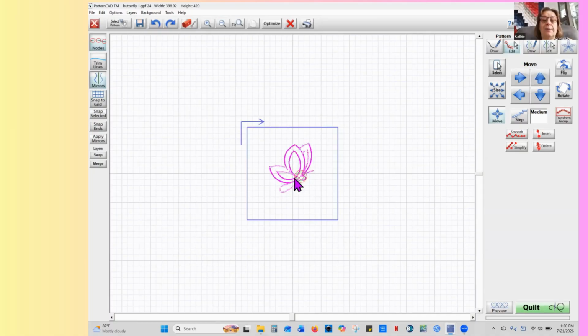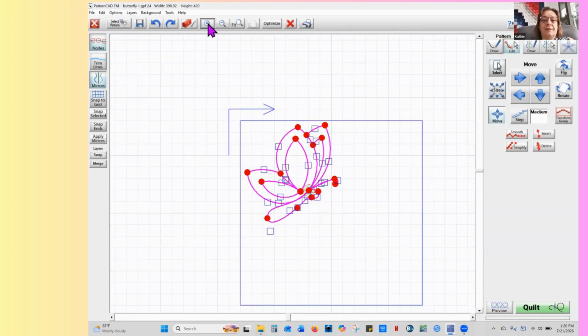But you can also use the drag feature when everything is selected. So I'm going to move it by using the drag feature. I'm just going to move it over here. You can see now that with all of these nodes showing, it's kind of hard to see our pattern. So first I'm going to zoom in, but I want to tell you about this feature right here, your nodes